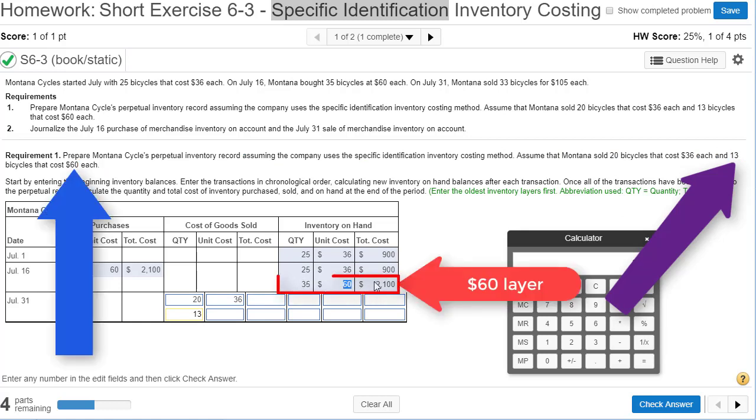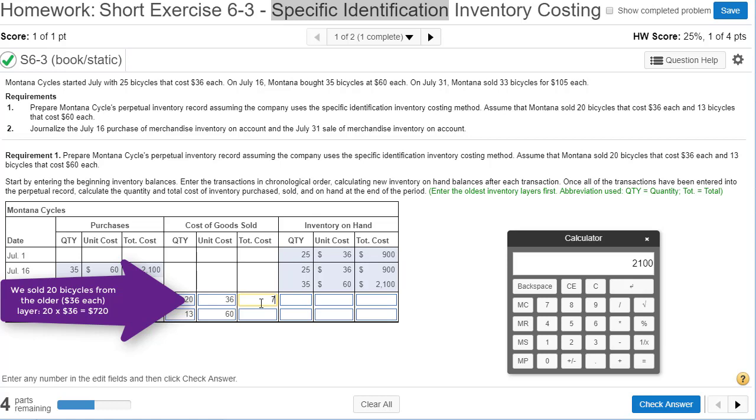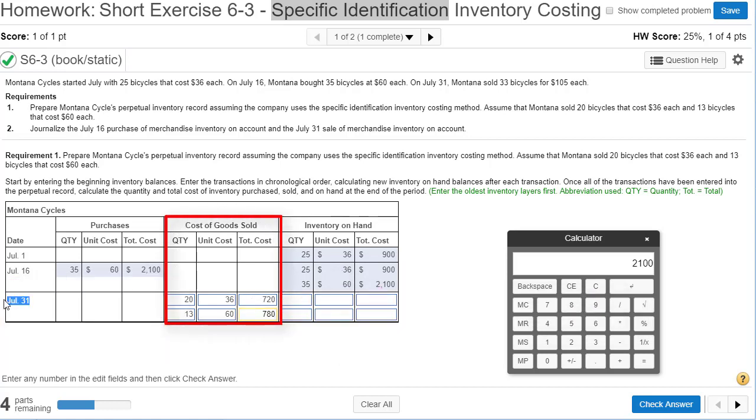So from this layer here, the $60 layer, we had 35 of them. We sold 13 of them at 60. So I'm just bringing this 60 down here. And now I have to figure out the cost. So let's see, 20 times 36 is 720. And 13 times 60, that's 780. So our cost of goods sold, notice this is our cost of goods sold column, for this July 31st sale